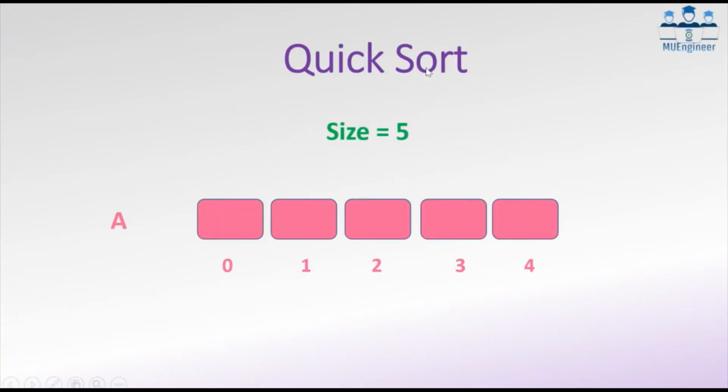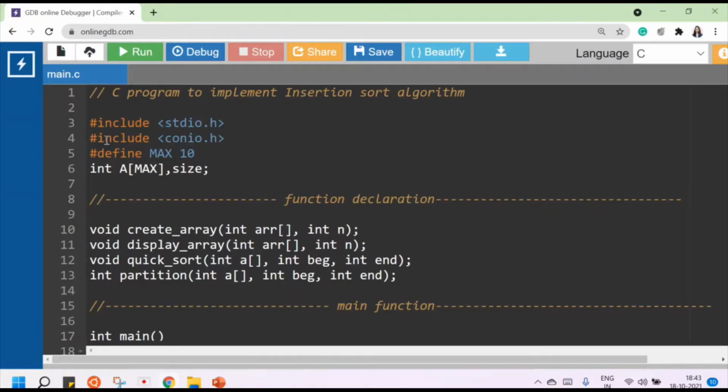Very first, if I want to sort an array using quicksort, I will obviously ask the user what is the size of the array he requires. Say for example, the user says there is an array of size 5. So I may create an array A of size 5 from location 0 to 4. Then we will ask the user to enter the values in the array. Okay, let us see this with the program.